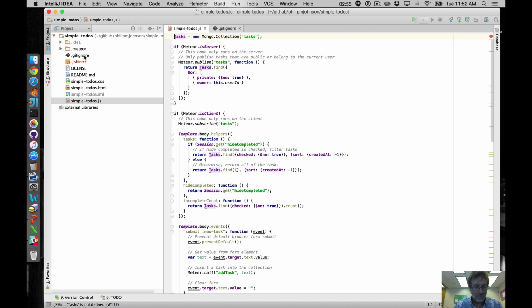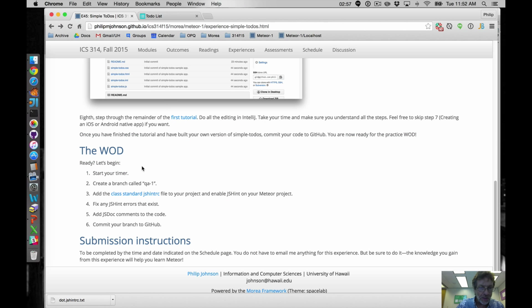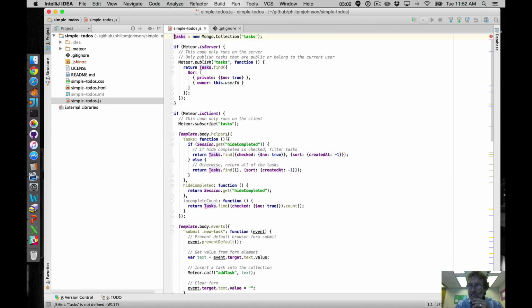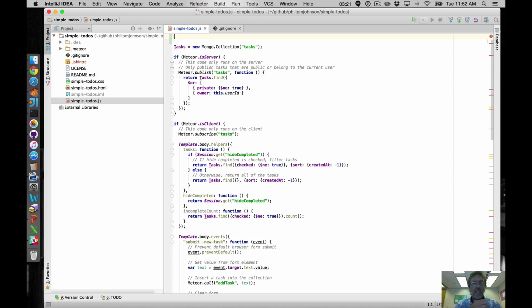And then we'll go, well, okay, so just following along the instructions. So we're going to fix any JSHint errors that exist. So we'll go to IntelliJ IDEA, and we'll look for these problems, and it says tasks is not defined. So what we want to do is tell JSHint that it's an object that's exported from